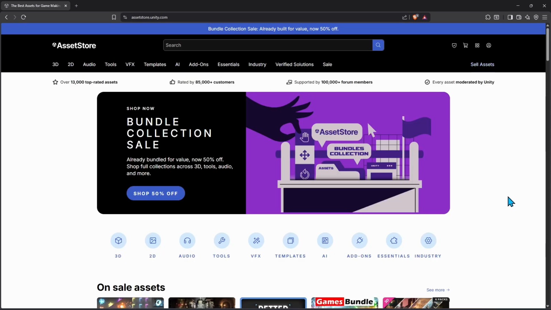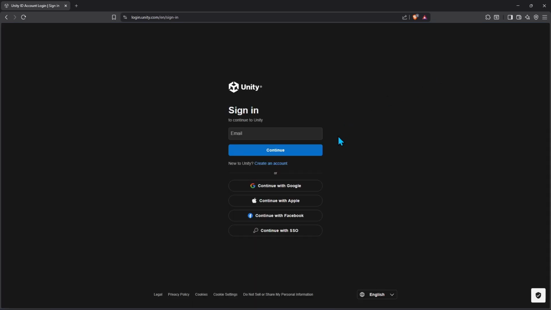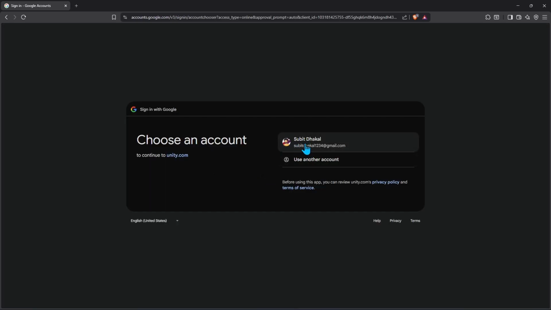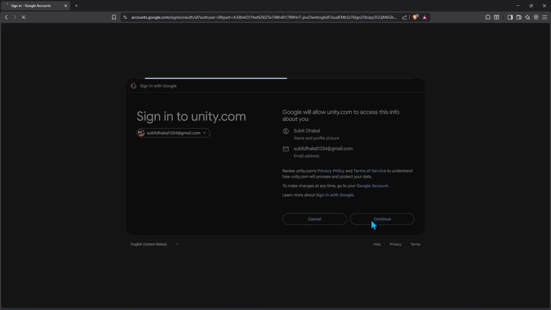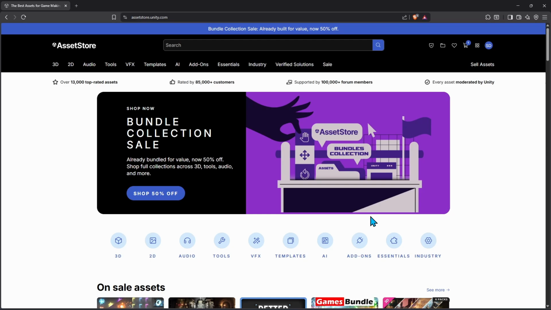So first of all, you need to just sign in. I am continuing with Google. I'm going to use my ID. So you need to make sure that your Unity Hub login ID and the Unity Asset Store ID should be the same. If that email ID is different, you cannot import